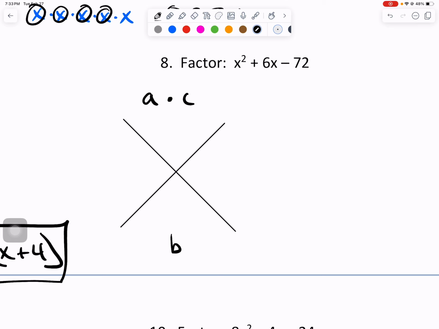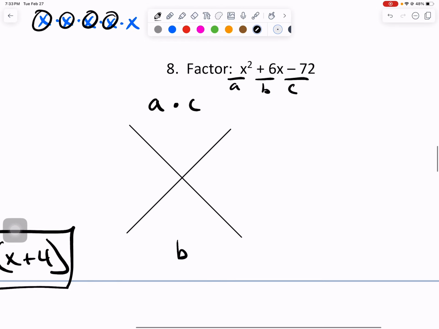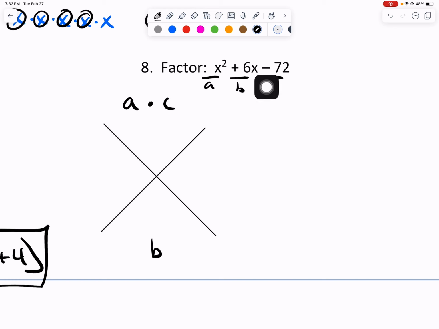All right, so let's go ahead and do our labeling of A, B, and C. And again, if we do A times C, or 1 times negative 72, we get the negative